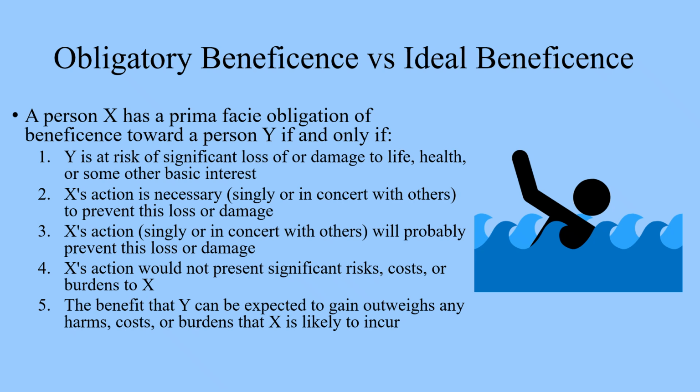Otherwise, it's ideal beneficence. It means that you're going above and beyond what is expected. And one of the cases that Beauchamp and Childress outline here actually showed up earlier in the reading, about the cousin who backs out of doing this bone marrow transplant. So it's here on page 207 to 208 in my 7th edition.